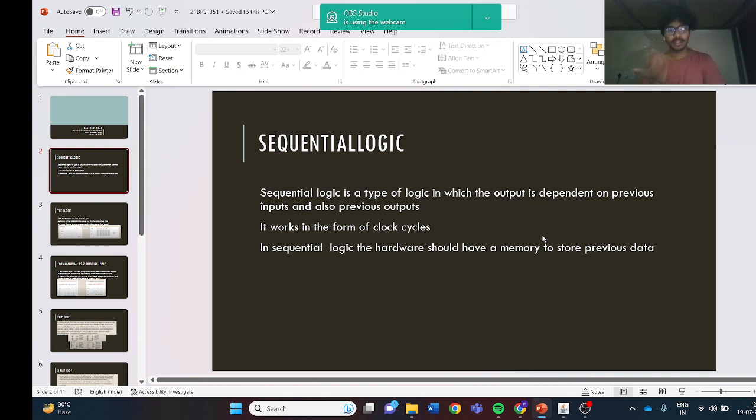So, sequential logic. Basically, what is sequential logic? Sequential logic is a type of logic in which output is dependent on previous inputs and also on previous outputs. It works in the form of clock cycles. In sequential logic, the hardware should have a memory to store the previous data. Basically, it analyzes the previous data, the inputs and the outputs, and it performs sequential